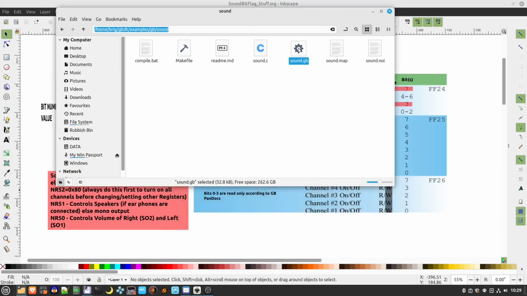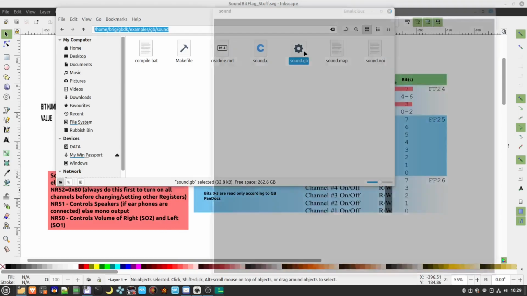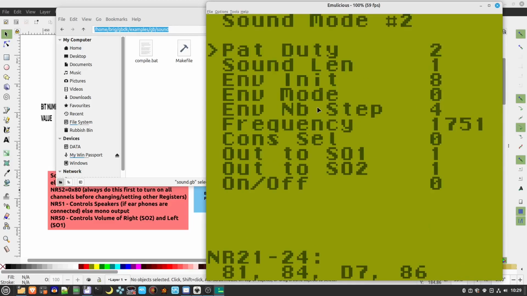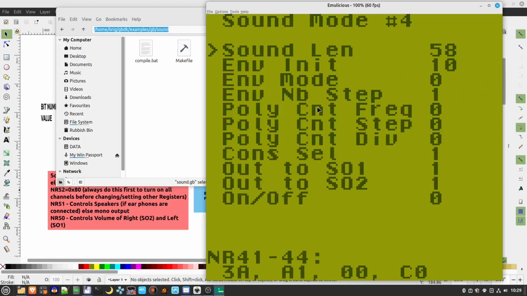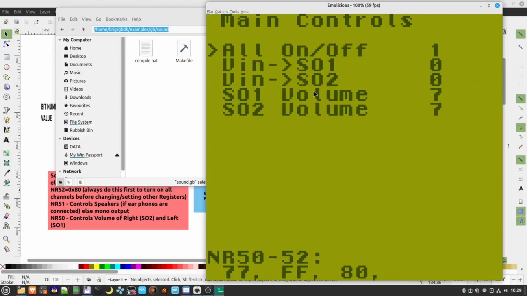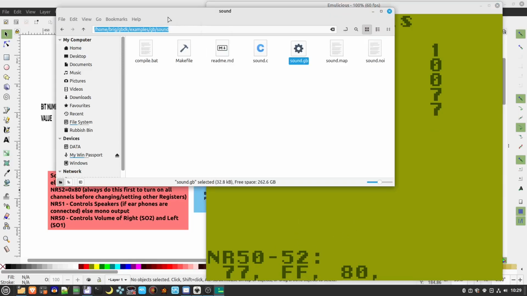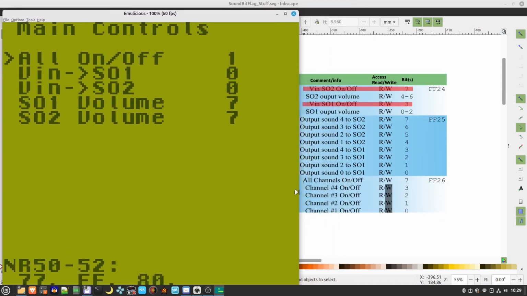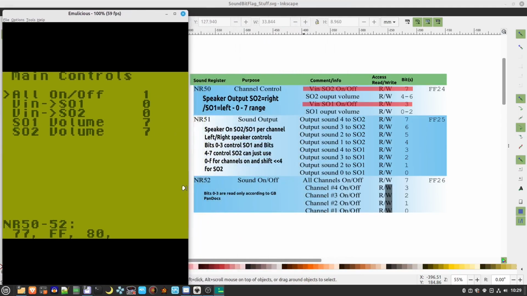Now if we run this in Emulicious, what this program does is it allows you to go through each of the 4 sound channels and the main register here as well, so you can get a feel for the sounds. So if I shrink this down here,